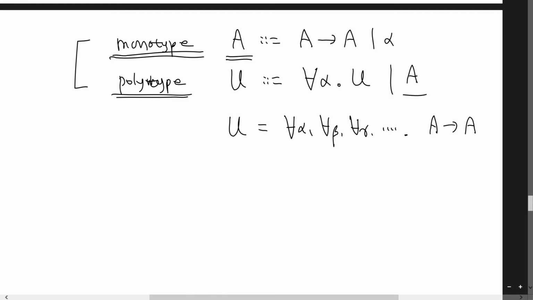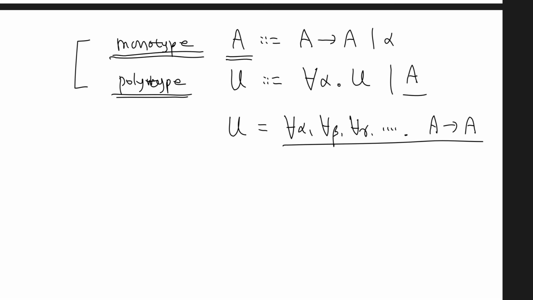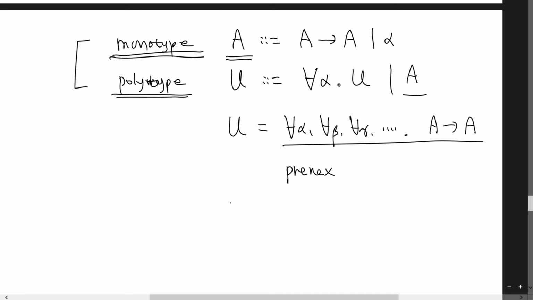So this is a typical pattern of constructing a polytype. And in the other literature, this polytype is also called types written in prenex form. So we don't really need this terminology, but prenex form, because this series of type quantifiers